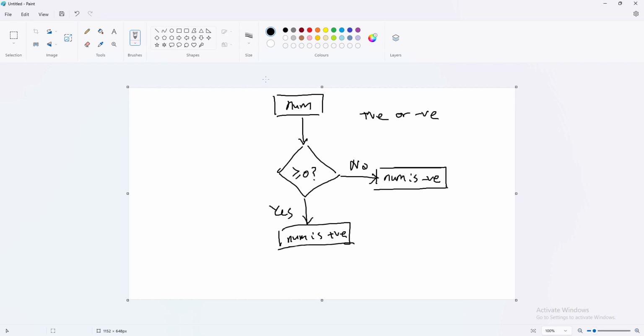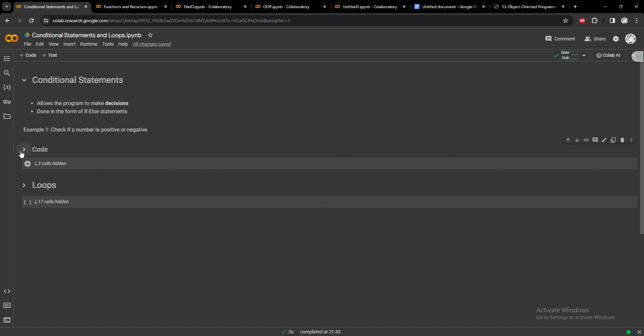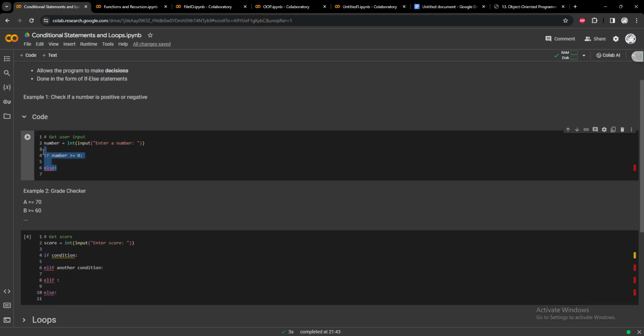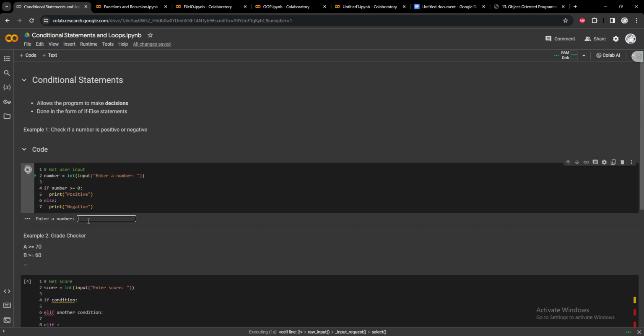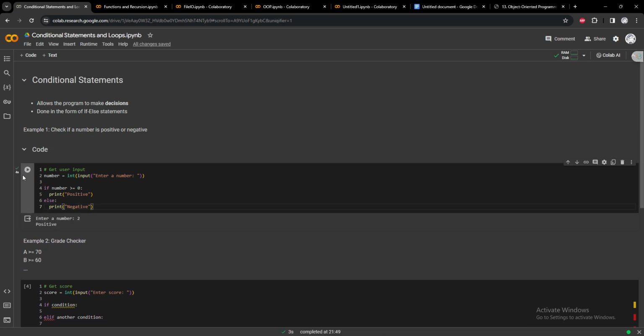So this is the flowchart representation of the if-else statement. Moving back to the code, this is our syntax for the if-else statement. The if keyword followed by the condition, which in this case is number greater than or equals to 0. If the number is greater than or equals to 0, we print positive. Else, we print negative. So, when we run this, if the number is positive, it should print positive, and if it's -1, it should